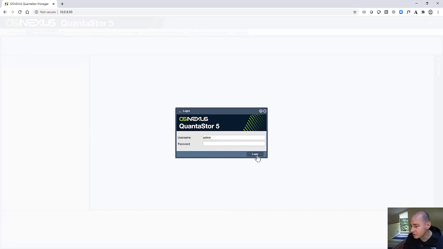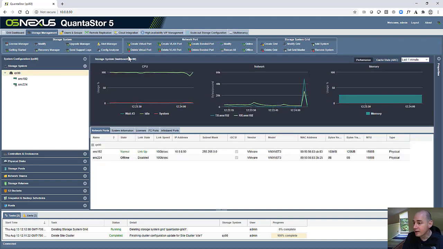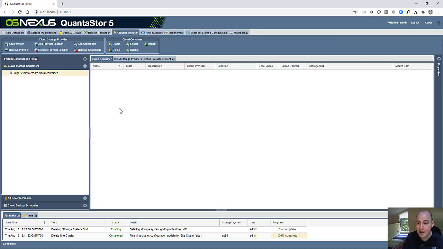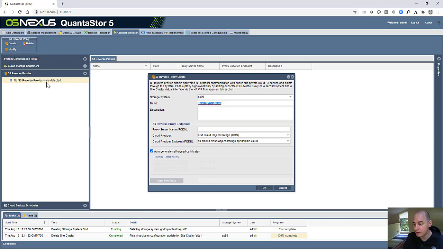So here we're just going to log in. I didn't set a password on this one, so we can just log straight in using the default password. This system is called QS90. We go to the Cloud Integration tab and go to the Reverse Proxy section, and then click on Create to create a new S3 reverse proxy. We can give this any name we want. This is just an arbitrary name. We can just call this proxy